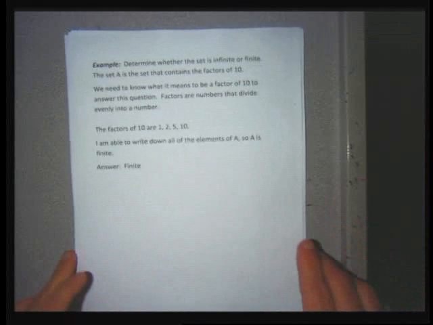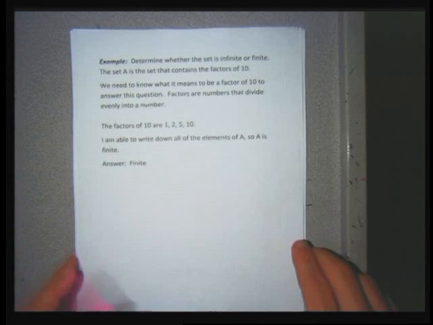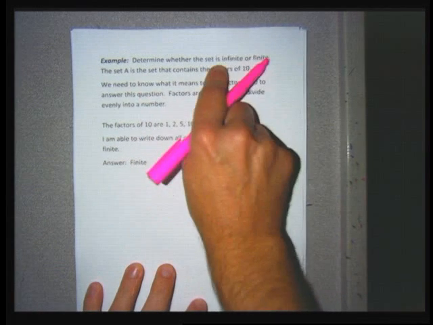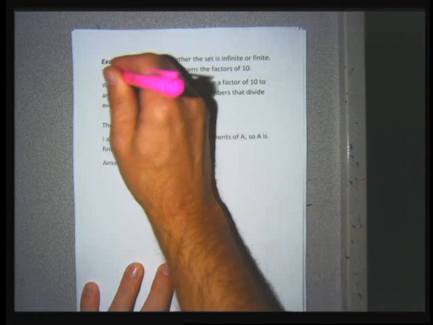The next two problems: one has the word factors, one has the word multiples. Multiples and factors are words that you might have heard but not remember. So determine whether the set is infinite or finite. The set